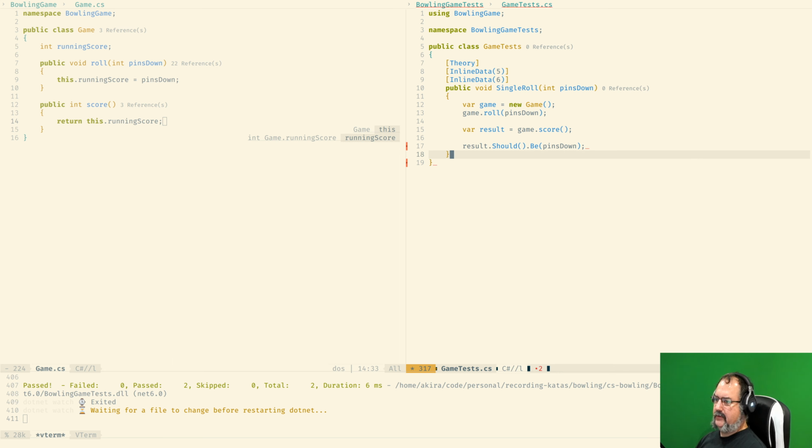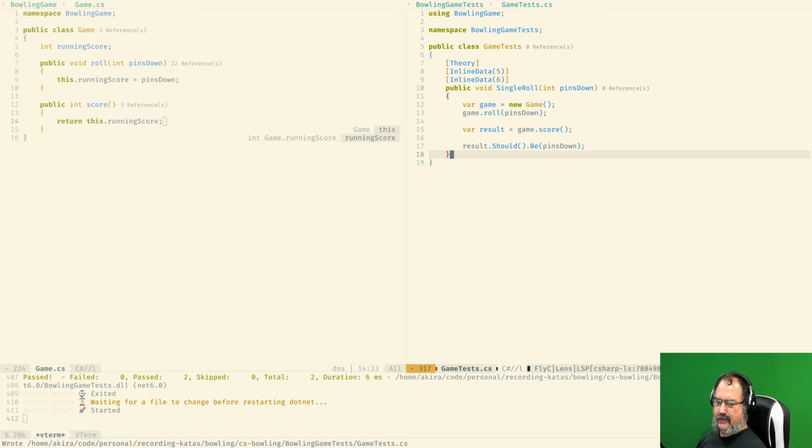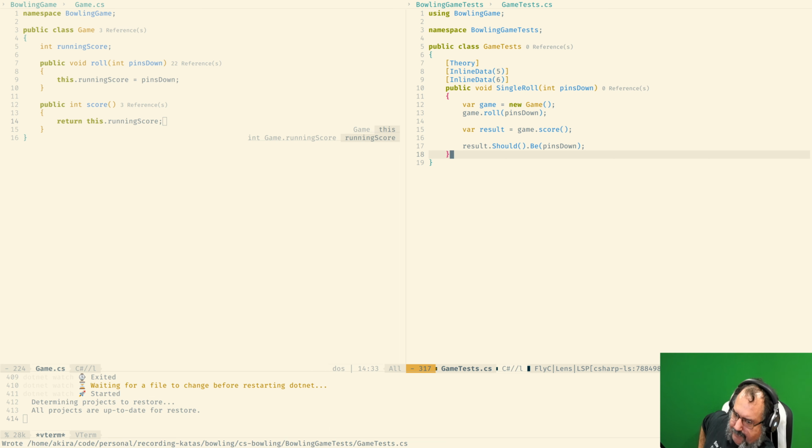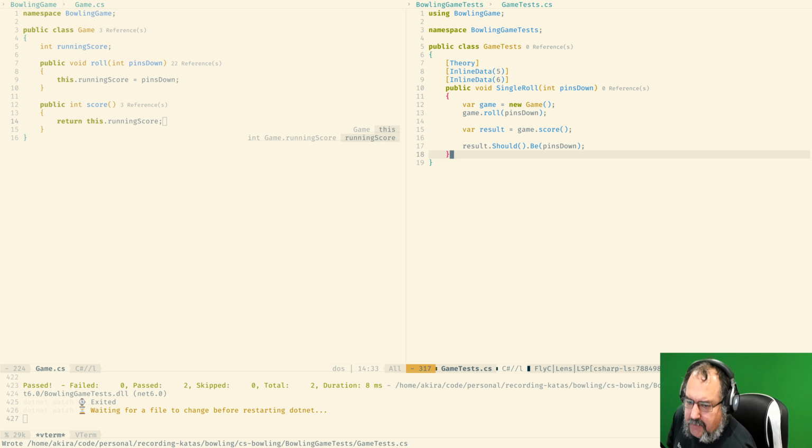Oops, don't delete too much. And you should be able to see at the bottom 2 tests still passing. I could add a third one to have 7s, 8s, but no, it doesn't really matter.